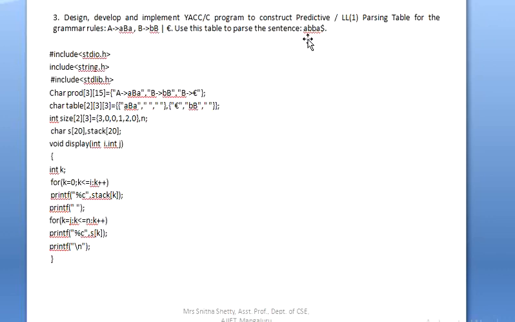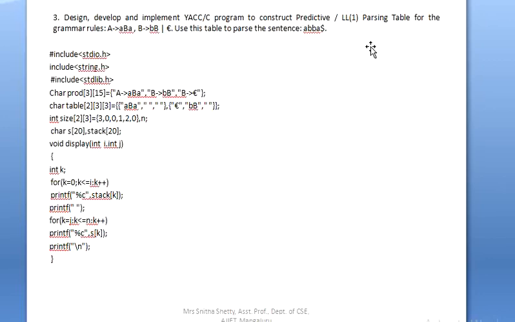$. So in theory, in module 4, we have studied different parsers. A parser is basically classified into 2 types: one is top-down parser, one more is bottom-up parser. In top-down, there are 2 types: one is a predictive parser, one is a non-predictive parser. Under predictive, we have studied the LL1 parser, and we have solved so many problems. We know how to construct the LL1 parsing table.